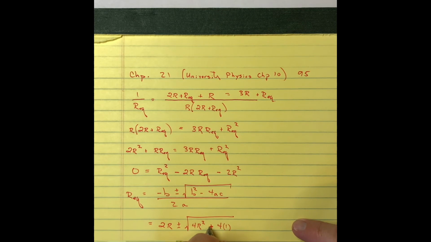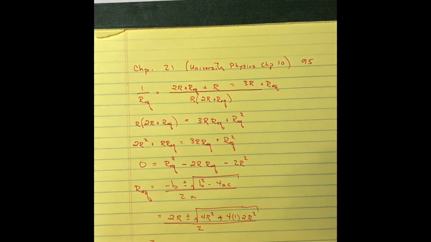Let me put the negative here, and it would be a 2R squared all over 2a. Continuing on, I would have a 2R plus or minus, and it looks like this 4 times 1 times 2, that's 8. 8 plus 4 is 12 R squareds